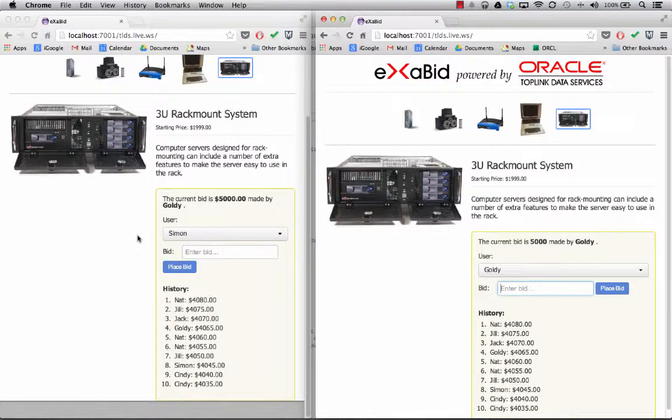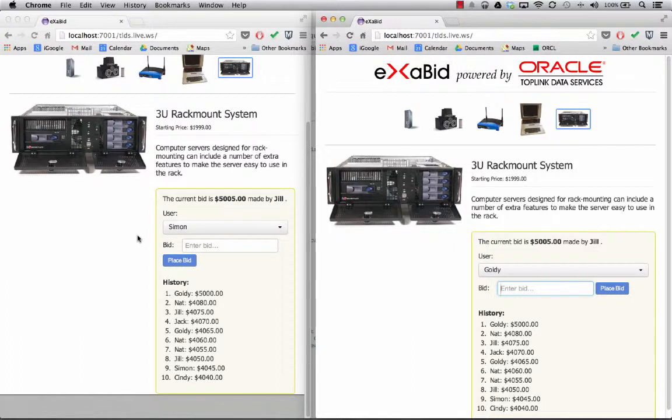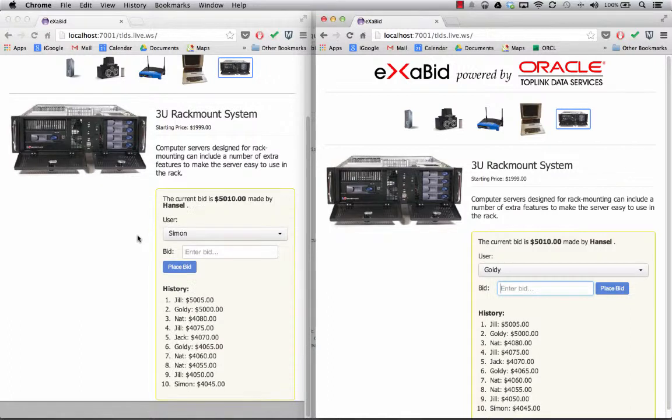So we have connectivity through WebSockets between the various browser sessions and WebLogic, and from the database to these various browser sessions. So if I sit here long enough and wait for that random number to roll my lucky number, and update, there we go, update the rack mount system, we see both browsers are updated with the new bid. So we have a nice full end-to-end connectivity here, both sides, all done with very little effort, because really